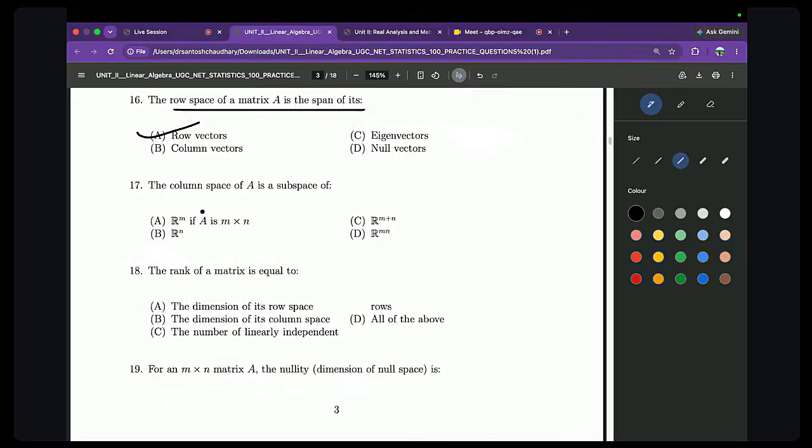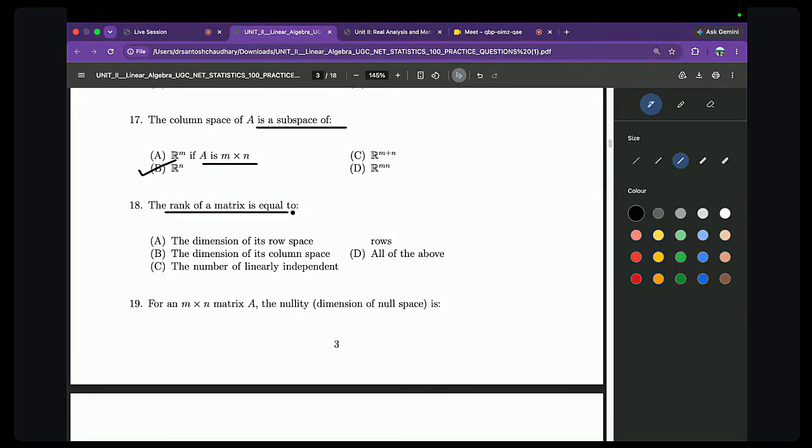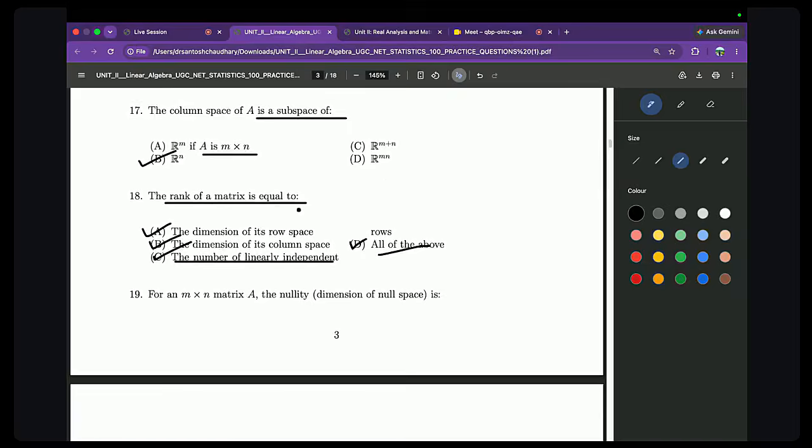A row space of a matrix A is a span of its row vectors. Easy definition. Column space of matrix A is a subspace of column vector. Column कितने होते हैं? तो m cross n है ना, column n है, तो R^n का होगा, B का, है ना। Rank of the matrix is equal to dimension of row space, dimension of column space, number of independent rows, all of the above। इनमें चारों ऑप्शन सही हैं, लेकिन D बोला है तो all of the above में आ जाएगा, एक चुनना है तो।